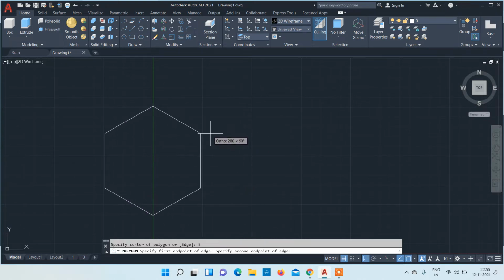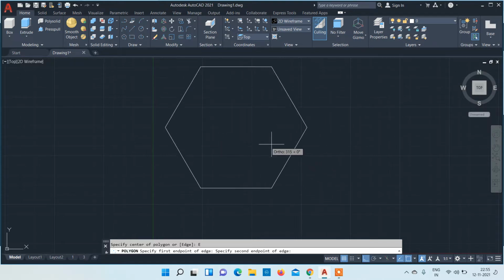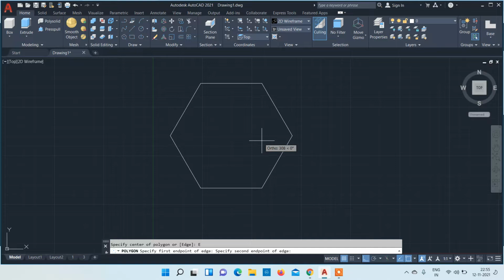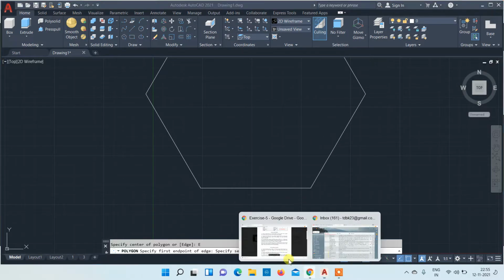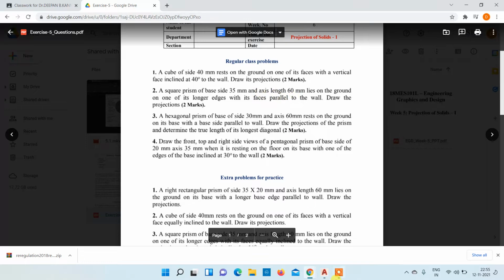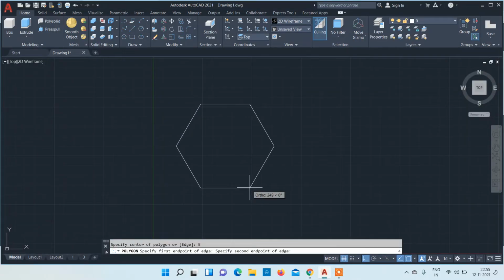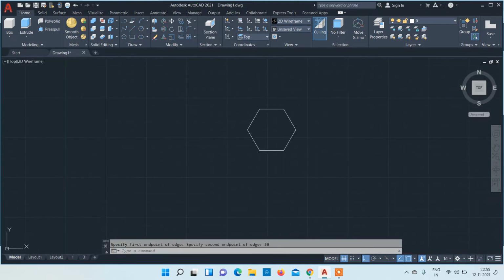So kindly note down this simple hint: if one of the base edges is parallel to wall, that is the vertical plane, then we draw the hexagon in this shape. The base side is 30 mm, so I'll select the second point at a distance of 30 mm. So I have drawn the hexagon in the top view.